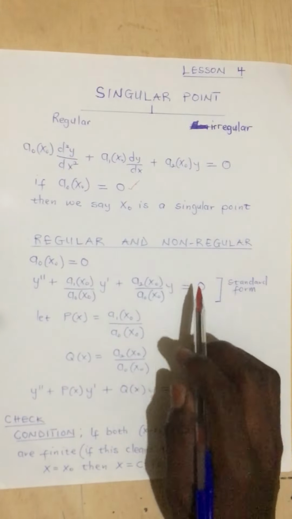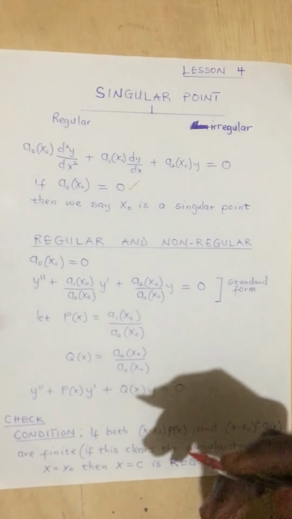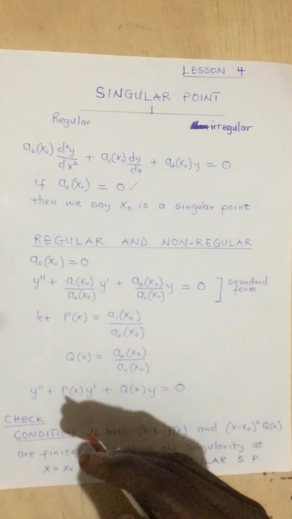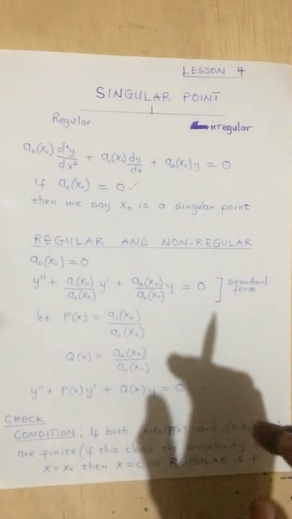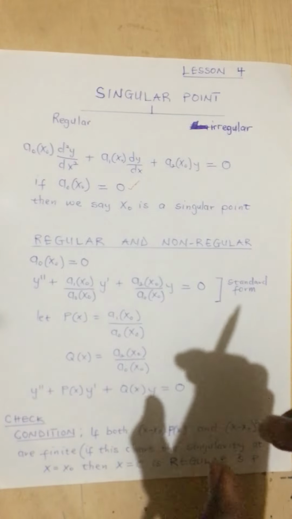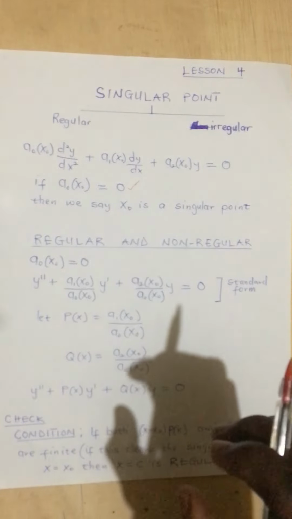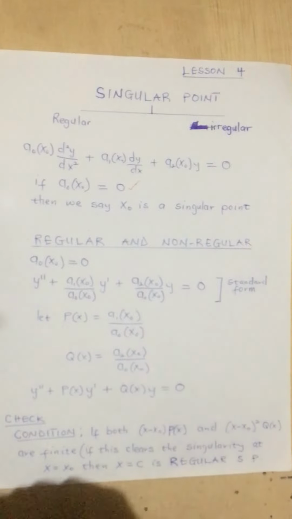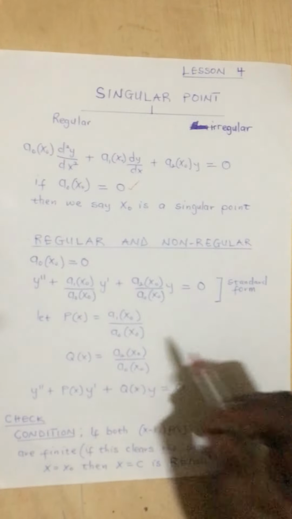A singular point. The types of singular point we have are regular and irregular. In this video we are going to focus on the regular and the non-regular, or irregular, singular point. Now considering